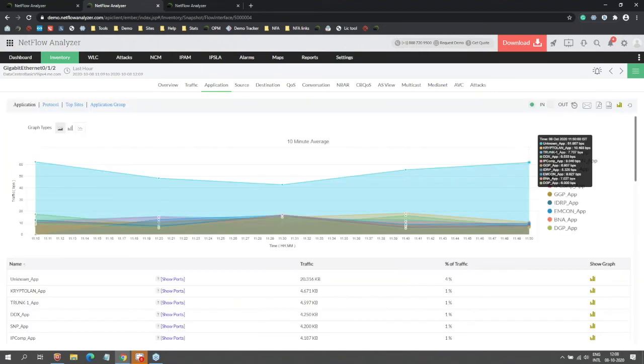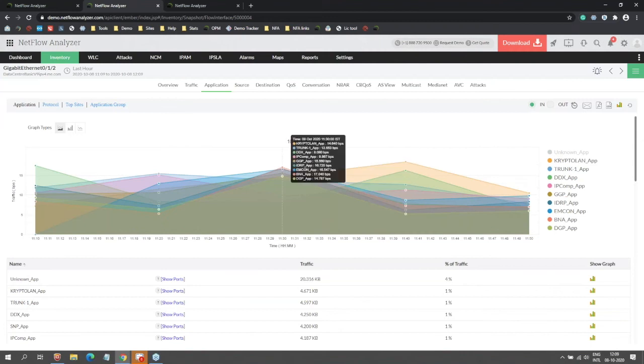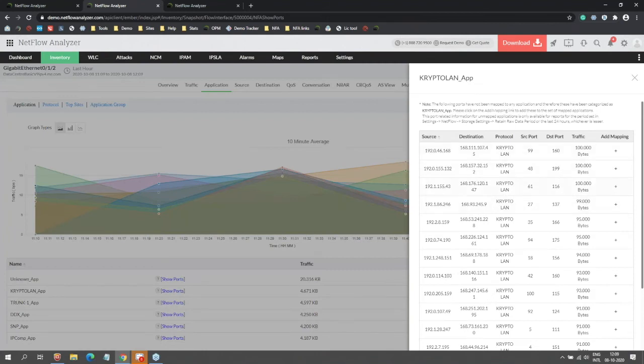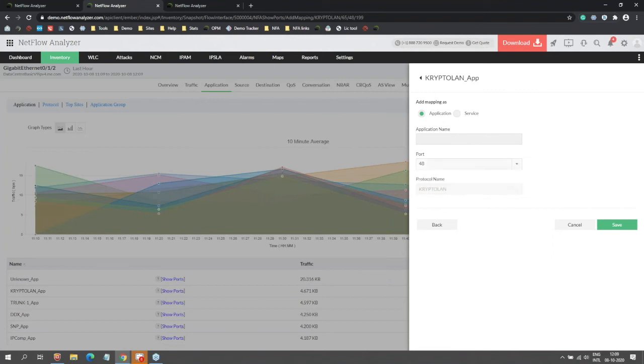You know that with respect to this port and protocol, that's one of my custom applications. Just click on the map, add mapping. Let us know what port it is. Then you can map it as an application or service right from here. Just give it a name and the protocol.